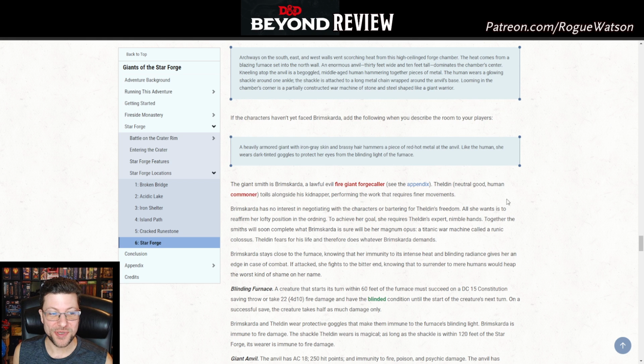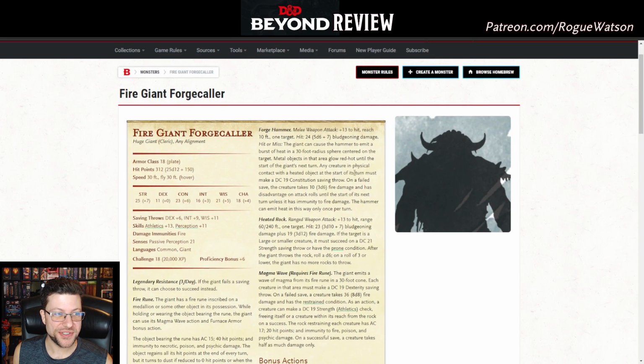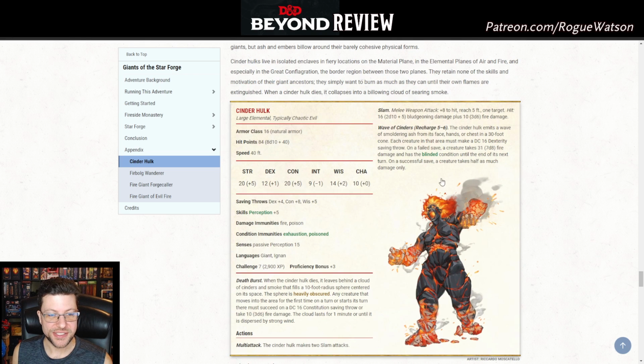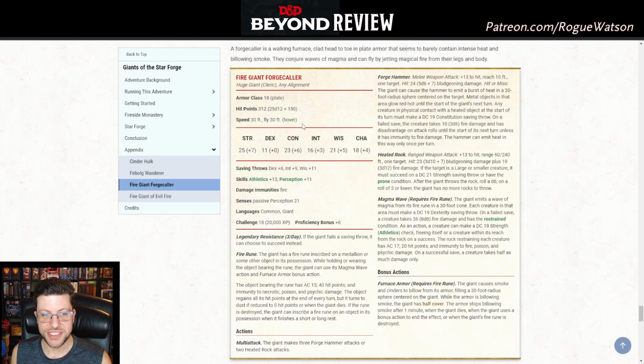And then finally, we have the big boss battle against the Fire Giant Forge Caller, which I will jump down to look at. Actually, I think it's probably easier just to go down to the appendix. There we go. So you can see the Cinder Hulk. It looks like a really cool, I mean, you could use it as a cool volcano creature, I think. It just has some neat abilities there. The Furbog Wanderer, which we don't really need the stat block for, but it's kind of nice to have. The Forge Caller is the sister. This one has...